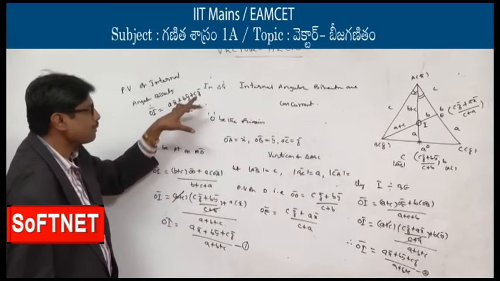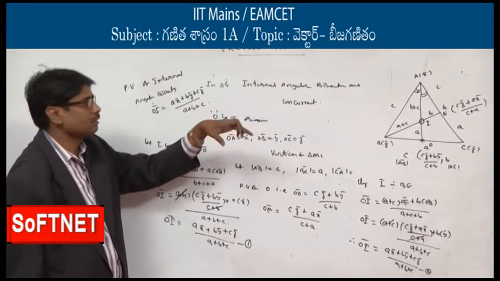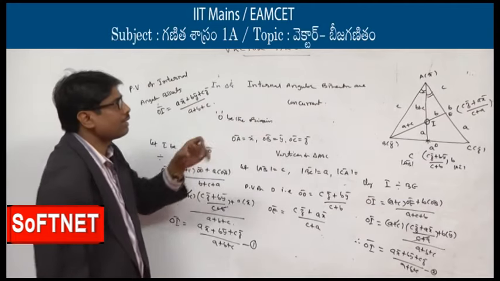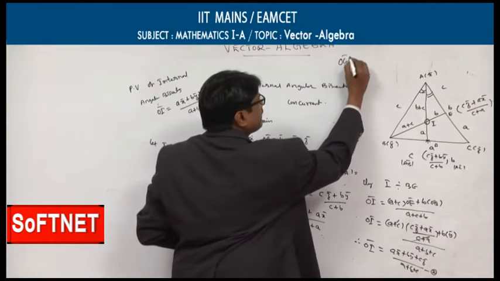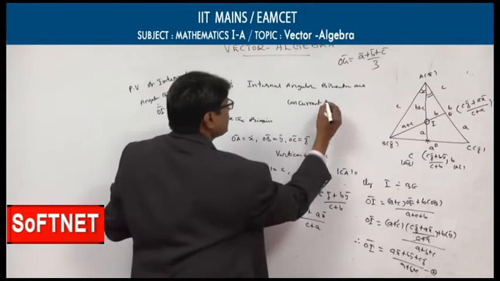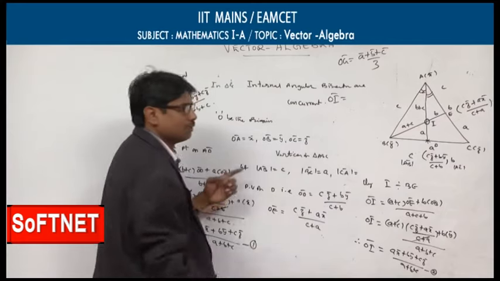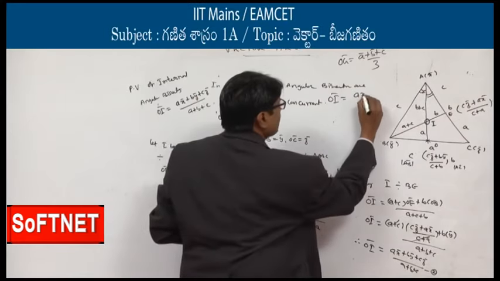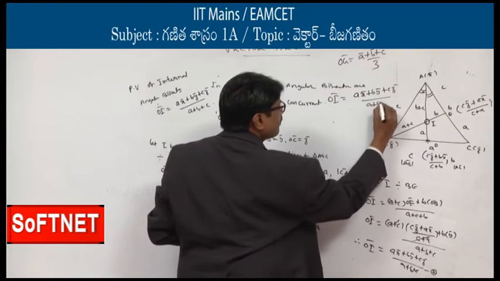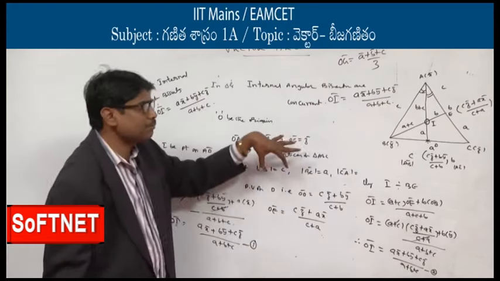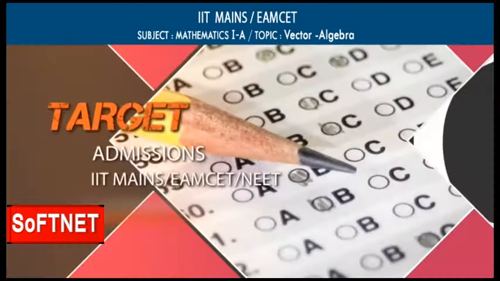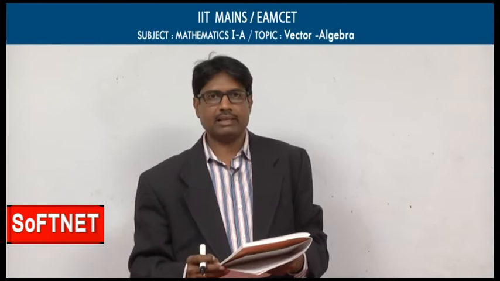What are X bar, Y bar, Z bar? They are the vertices, whereas A, B, C are the sides. In the earlier class we did the centroid, OG bar equal to A bar plus B bar plus C bar by 3, and the internal angular bisector position vector OI bar will be equal to A times X bar plus B times Y bar plus C times Z bar divided by A plus B plus C, by the geometry and vector method. Based on this, some problems we will discuss. G is the centroid of triangle ABC.